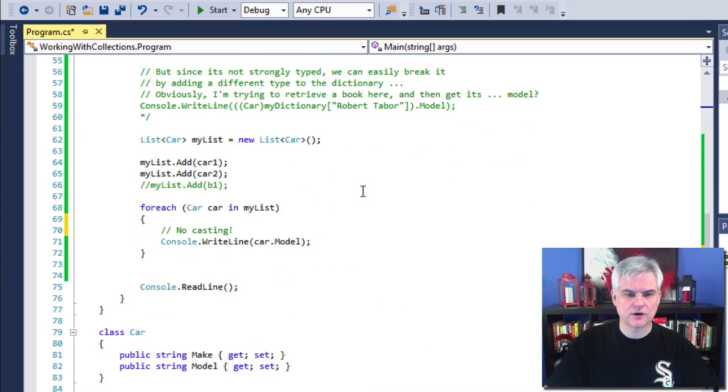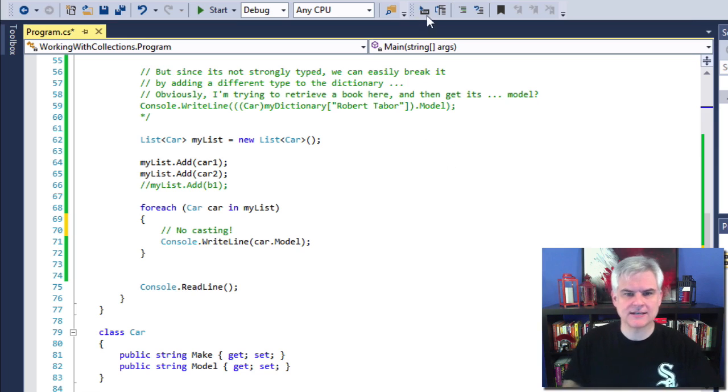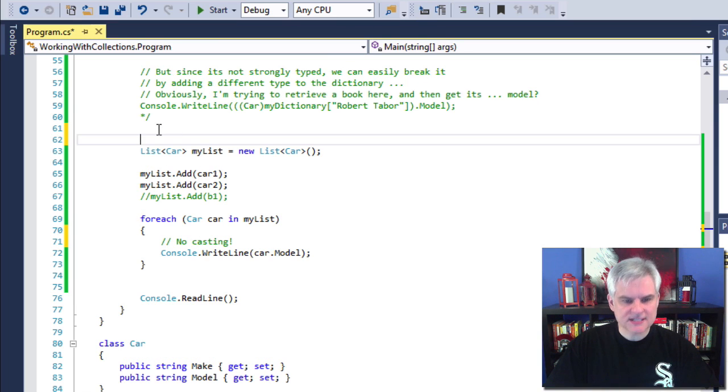And therefore, they added it by default, so we didn't have to do that Control-period on our keyboard to add the using statement of the namespace. It just is there automatically. Great. All right, so let's do the same thing now